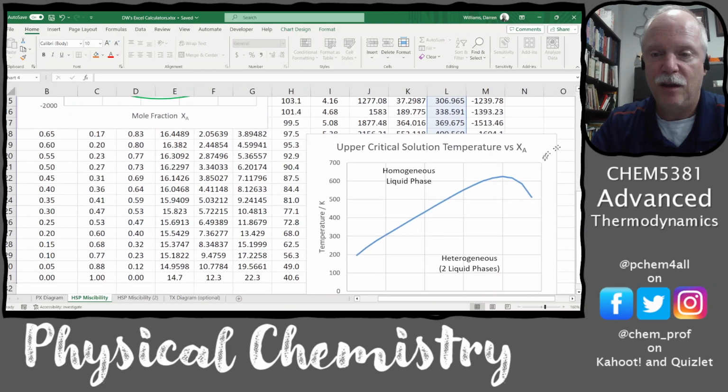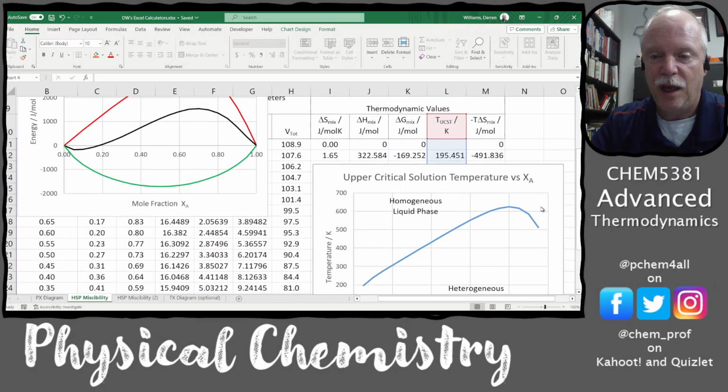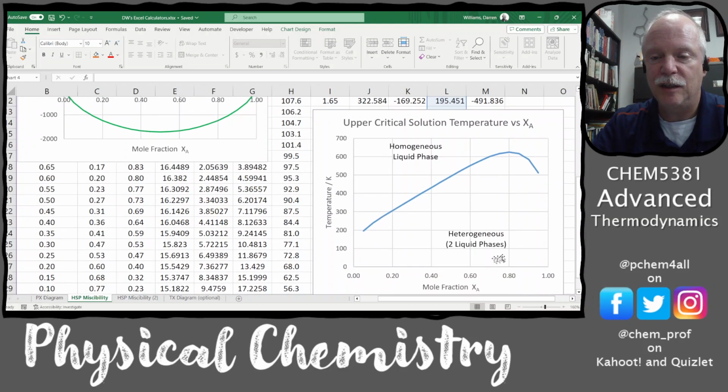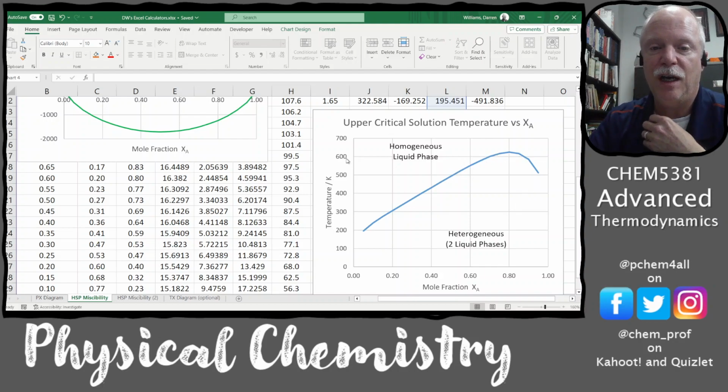This is the phase diagram for this mixture series of methanol and cyclohexane. And above that line is the homogeneous liquid phase, and below that line is the heterogeneous liquid phases, a two-layer solution. And if I'm at a temperature like 600, I've got a point here and a point here. On the right of this, where I've got mostly methanol, it's homogeneous. If I add a little too much cyclohexane, then I end up with two layers. But then if I keep going and add more cyclohexane, it goes back to one layer. So I have a hexane-rich layer and a